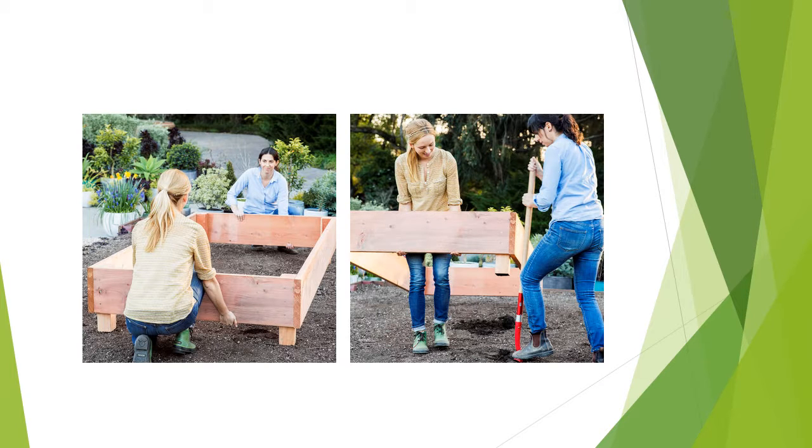All right, so now is kind of the fun part. You have the base completed. Make sure that you prep the area that you are going to be putting the garden bed in. Sometimes building can take a couple of days, so if you don't want to get the area prepped right away, that's okay. Sometimes it actually might be beneficial just to wait right until you will actually put it into